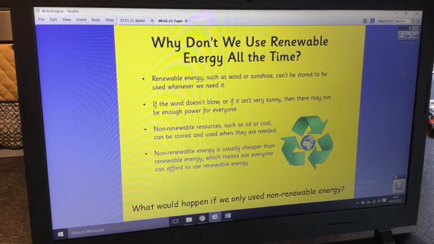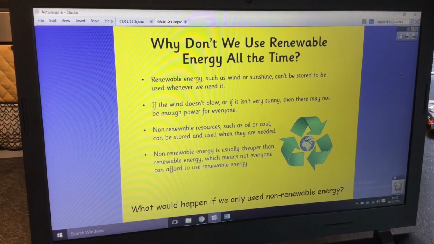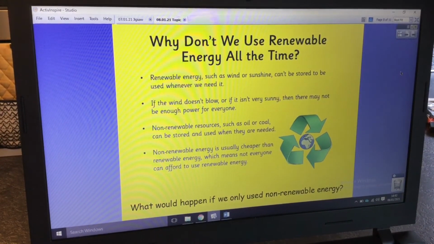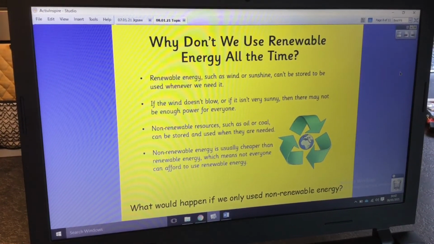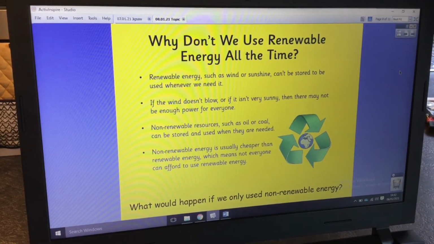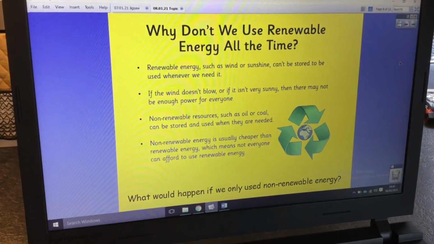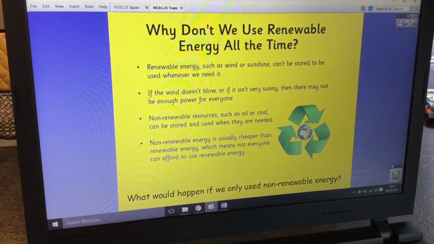So we can't save it. Once it's been collected, it needs to be used straight away. So we can't save it for another time. If the wind doesn't blow, or if it isn't very sunny, then there may not be enough power for everybody. So if our solar panels are there to collect sunlight, in the winter maybe, or in the autumn, even then, sometimes we have days when it's not very sunny, and so we wouldn't be able to have any electricity or